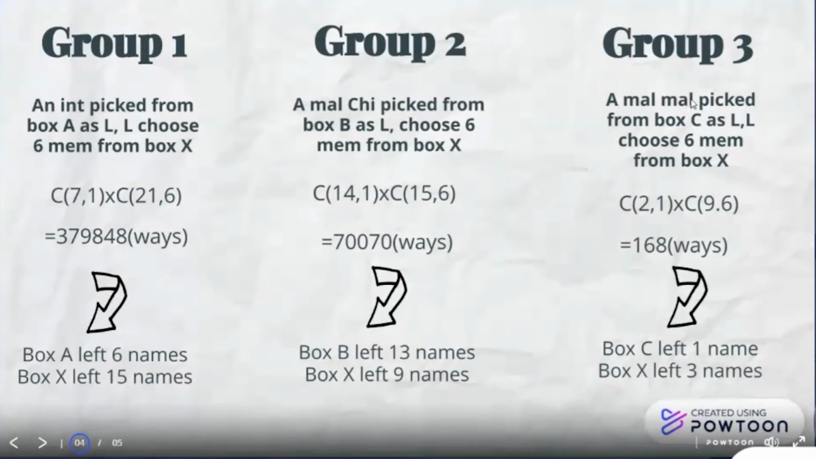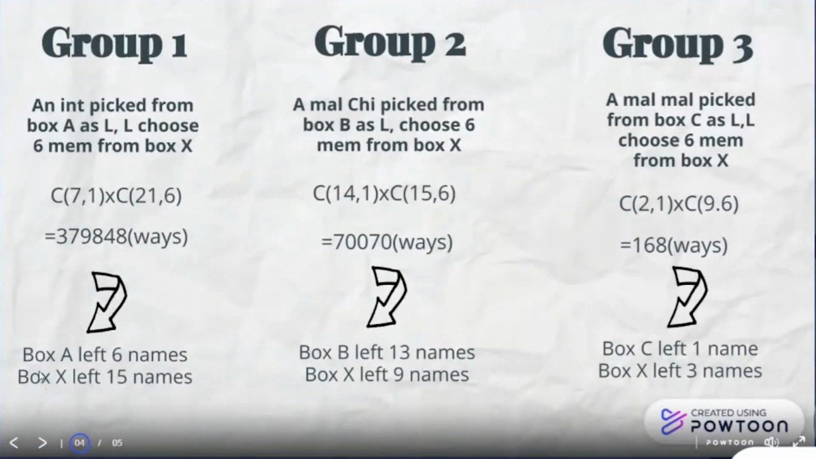And for group 3, a Malaysian Malay is picked from box C as leader, and the leader will choose 6 members from box X. So we get 2C1 times 9C6, which you get 168 ways. So after all of this calculation, we are left with these statements here, which are for the